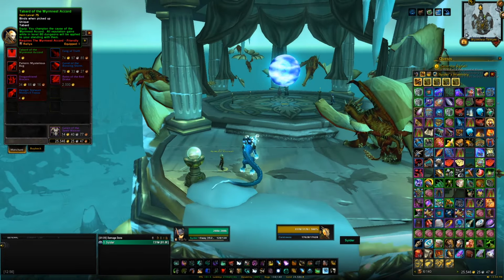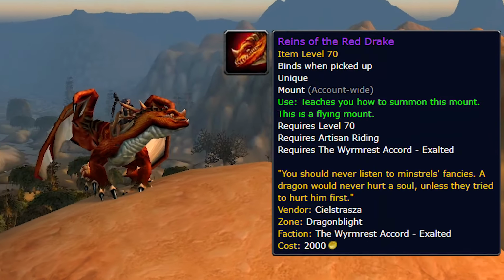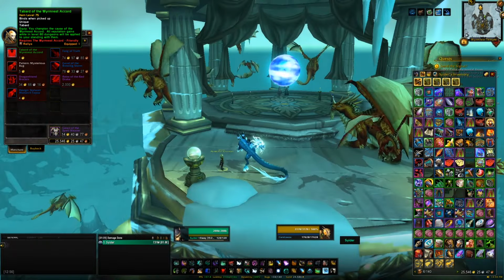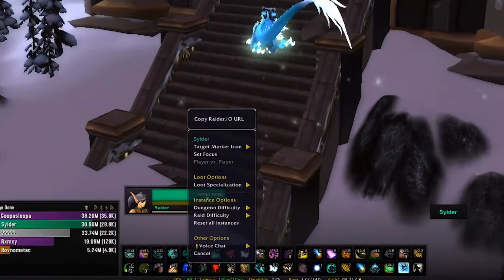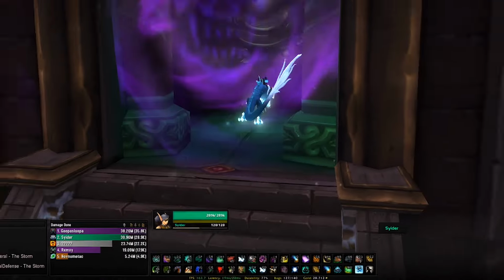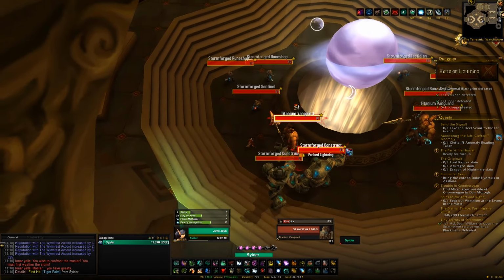With the tabard we'll be able to grind dungeons in Northrend to gain reputation, and then that reputation will allow us to purchase the red Drake from the vendor once we hit Exalted, and that's quite an easy Drake to get. What I would recommend doing is you want to do all of the dungeons on heroic in Northrend first, because that's going to give you a massive jump in reputation,